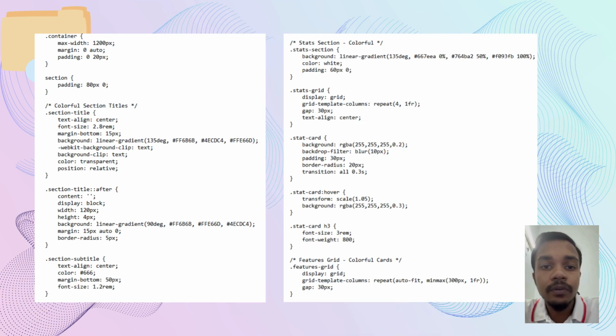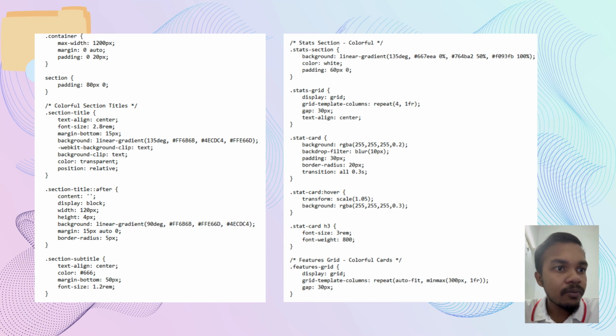Based on today's video and the slide that we provided, in the slide we have been breaking down modern CSS techniques for building responsive, visually striking web layouts using the exact code structures shown right there. We start with fundamental layout control using a standard container class capped at 1200 px, paired with a generous 90 px vertical section padding to give our content proper breathing room.